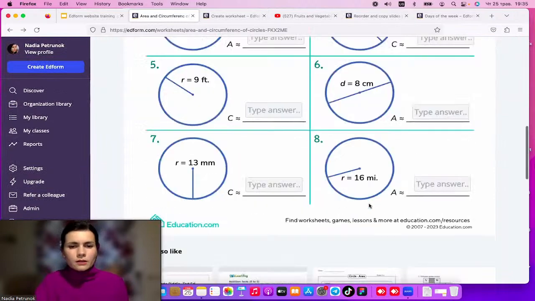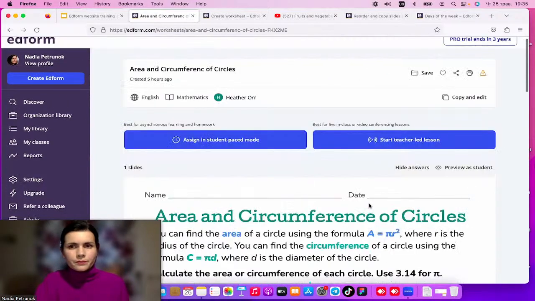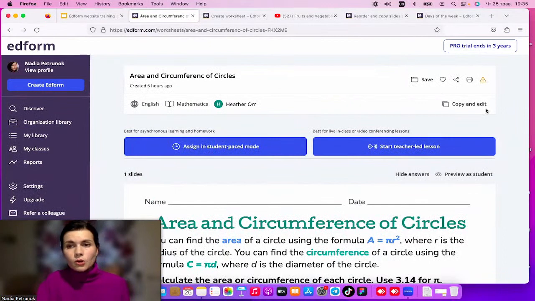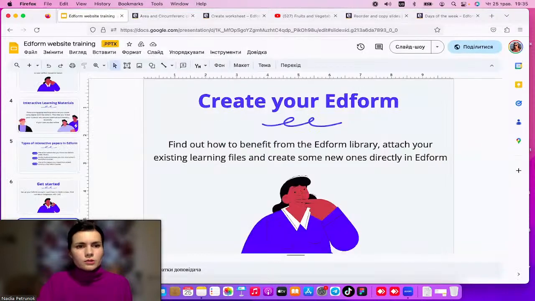If we have the Pro account, we can copy and edit this worksheet, and if we have just the free version of EDFORM, we might assign this worksheet directly. We'll talk about these different types of assignments a bit later. Step by step, we are coming to the important part of creating a worksheet. That's it. We are going to discuss